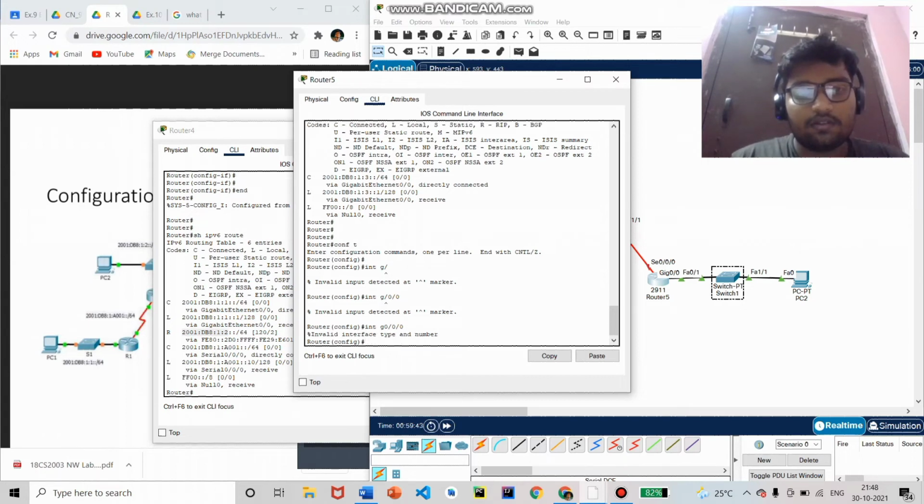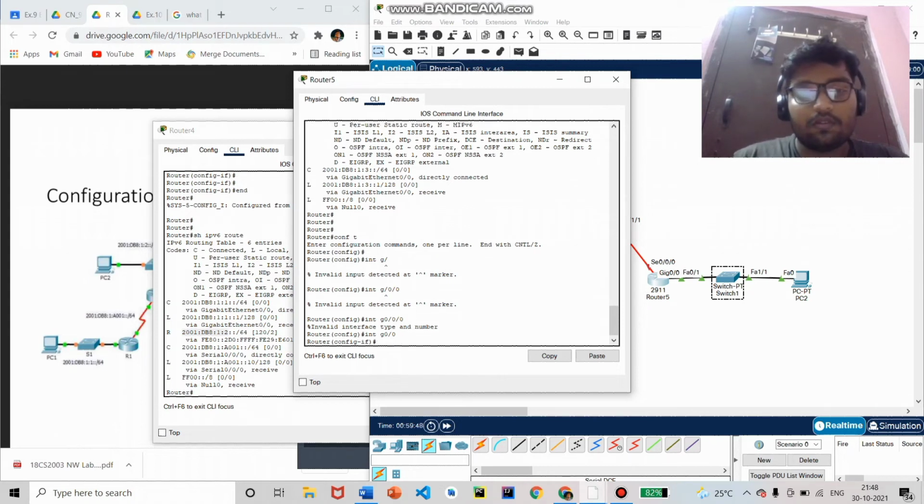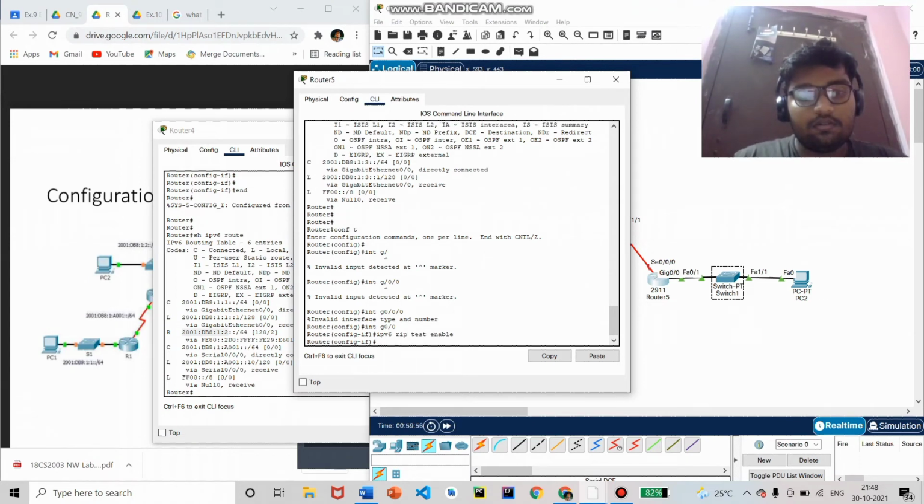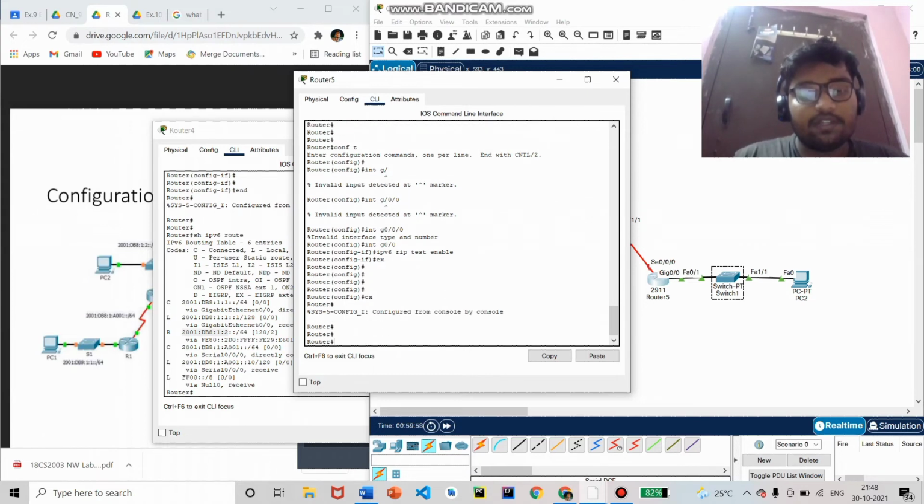That's it. Now let me give IPv6 RIP test enable, exit. Let me check the routing table now.